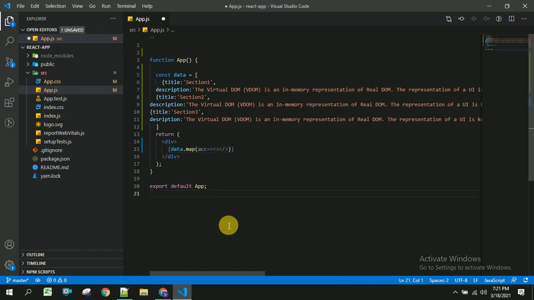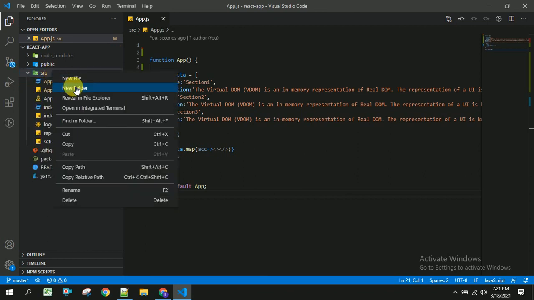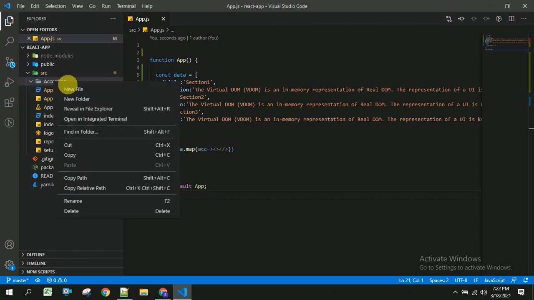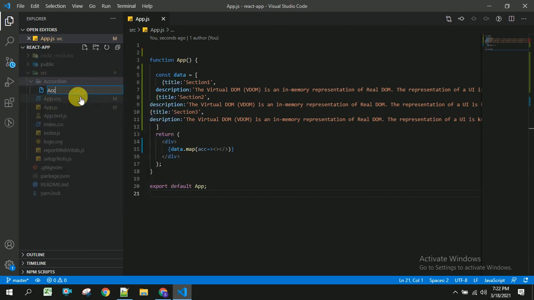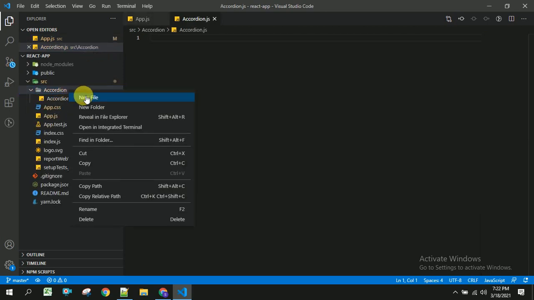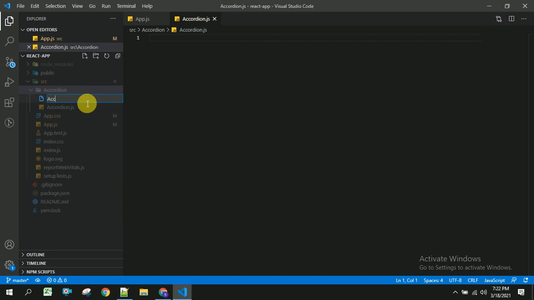So before that, let us create the child component in this source folder. So this is our child component folder, which consists of an accordion file called accordion.js, and another one is accordion.css, where we can write all our styles.